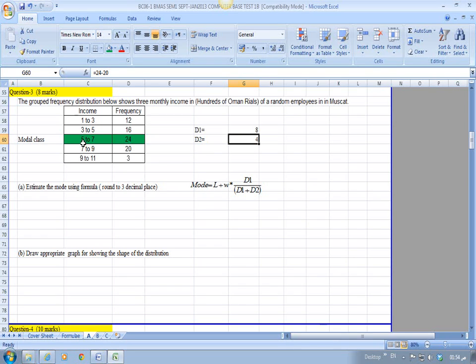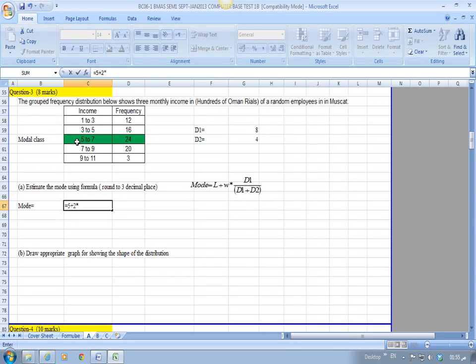Remaining, L here is 5. W is the width, that means 7 minus 5, which is equal to 2. Then we can calculate the mode. So we write here mode equals, we know L here is the lower limit, so it is equal to 5 plus W, here between 7 and 5. So the difference between 7 and 5 is the width, so it is 2